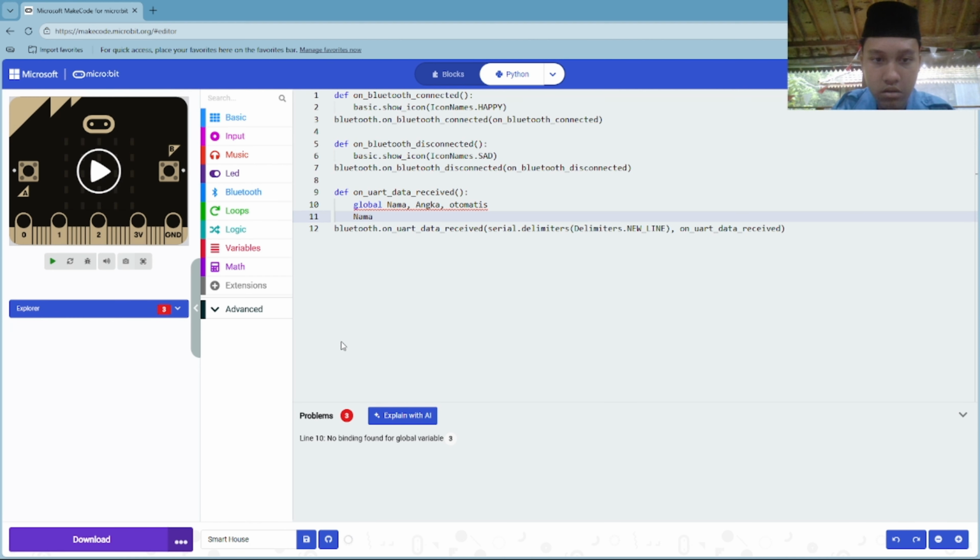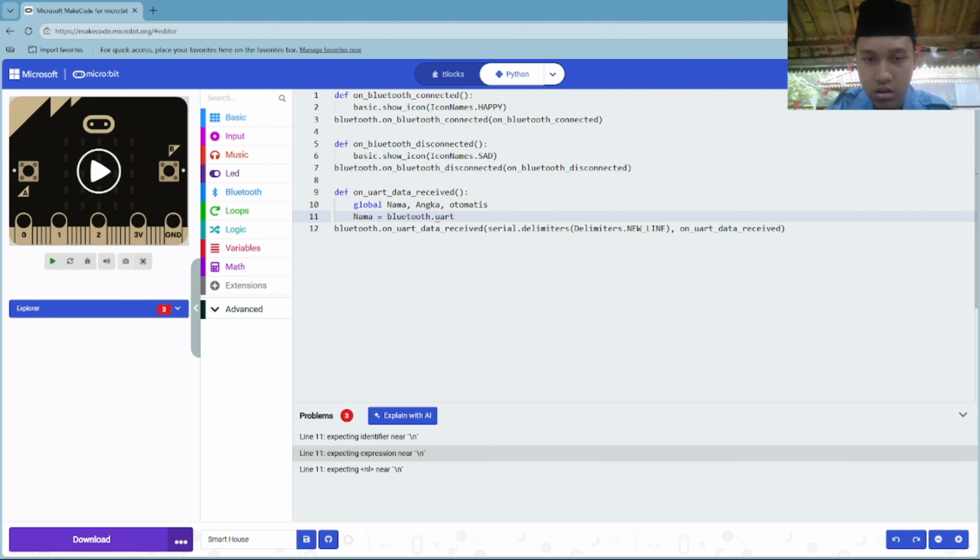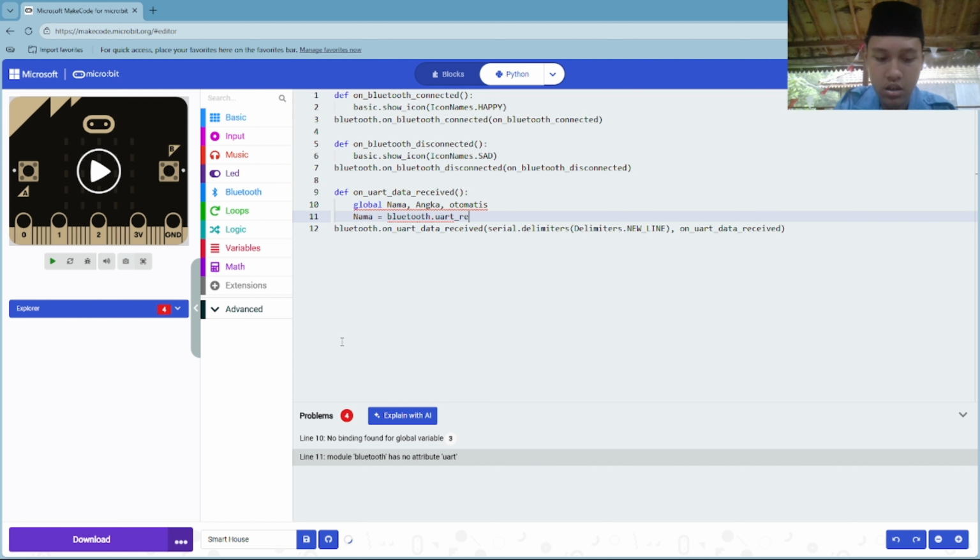And then this one, nama equal Bluetooth word read until the delimiters.